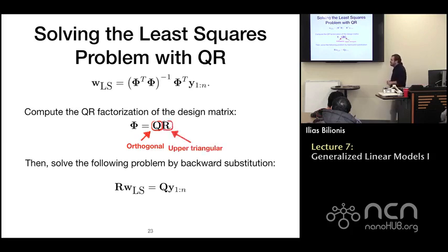And that R is an upper triangular matrix. It's a matrix that looks like this. It's all zeros here, and it has numbers only in the upper triangular part. And this is a procedure that you can do quite fast, and it's very stable. And then once you've done it,